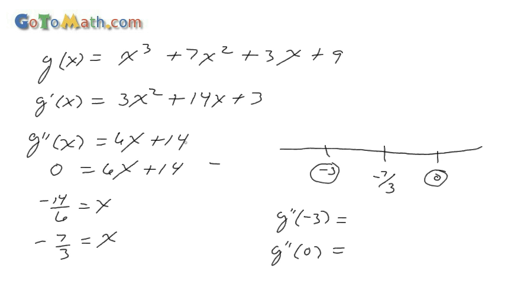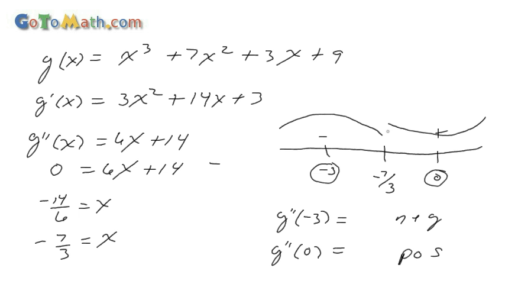And so that's going to be a negative number, isn't it? So that will be concave downwards, from negative infinity to negative 7/3. I should say we'll just put negative right here, and then we plug 0 in, we end up with 14, so that'd be a positive number, and so that'd be plus, and then this is called concave up